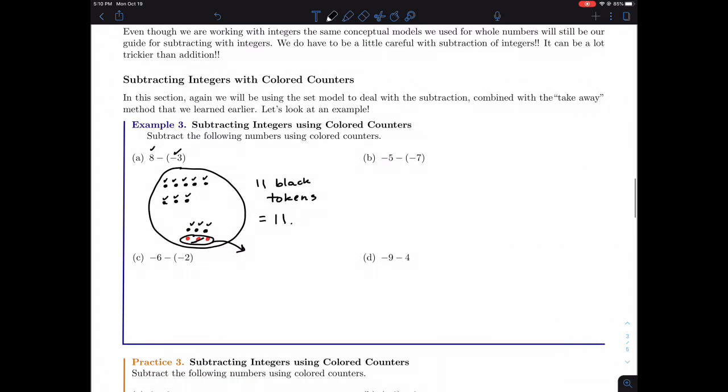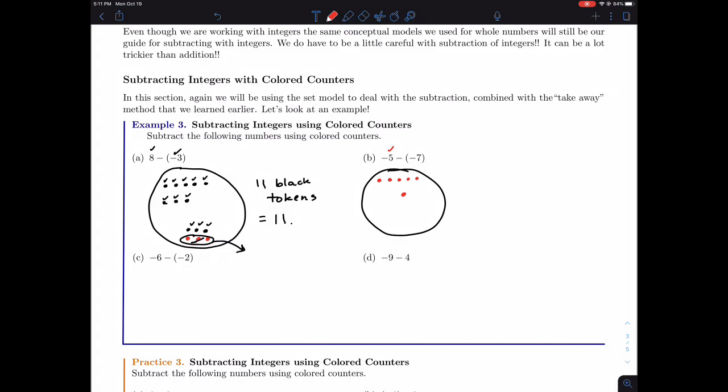All right, so let's look at part B. -5 minus -7. Let's start off with our big circle, and we want 5 red dots in there to represent our -5. I've done that. Now the goal is to remove 7 red tokens. In this case, I've got 5, but I don't have 7 that I can take away. So I'm going to have to introduce some more red tokens so I have enough to remove. Since I've got 1, 2, 3, 4, 5,